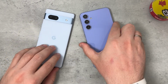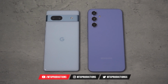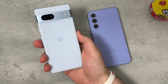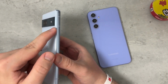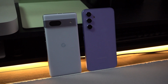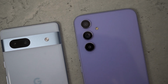Let's start off with design and display. Two totally different devices in terms of design, but they're very reminiscent of their older brothers. So design on Pixel 7a, very similar to 7 and 7 Pro. However, the camera visor right here, it's not one seamless piece and it doesn't blend into the aluminum sides. So just keep that in mind. But it does come in 4 new colors, and I love this sea color. If you want to pick up the Google exclusive, which is the coral, that one is also a really nice